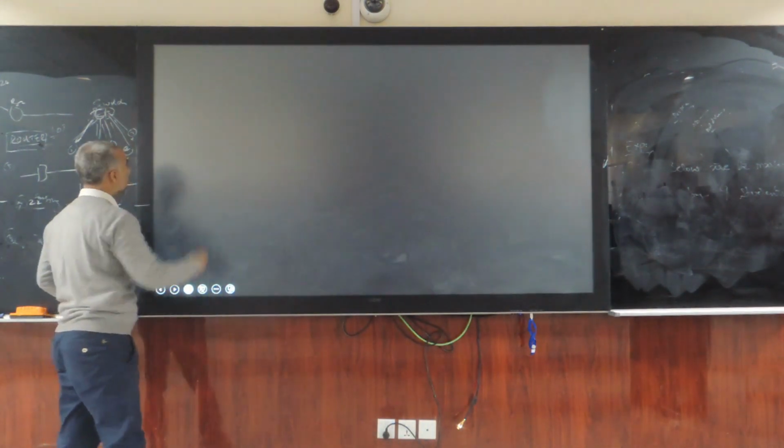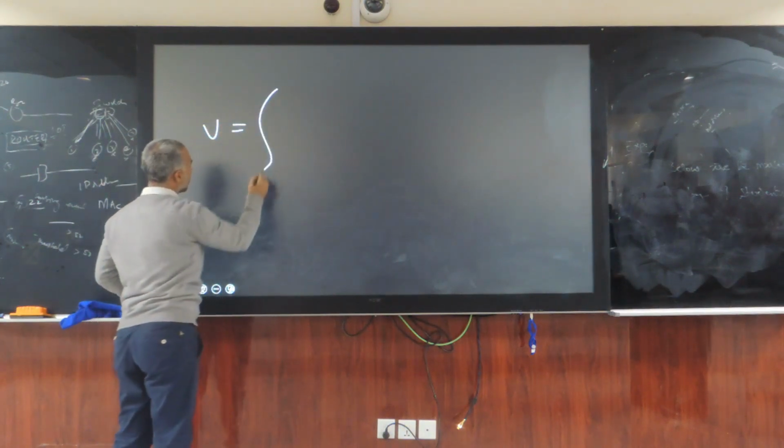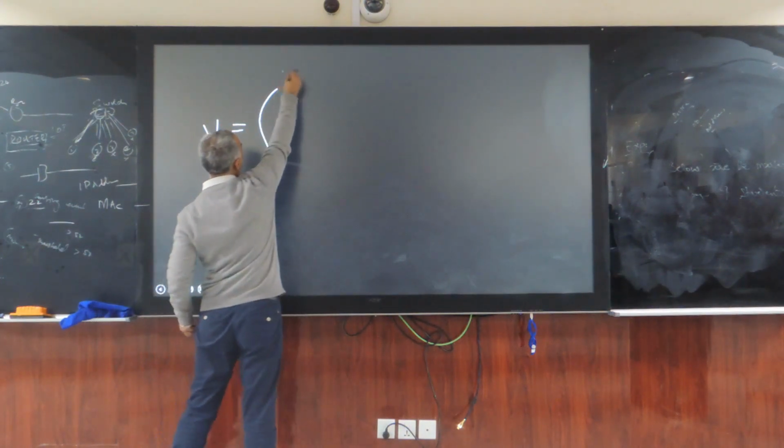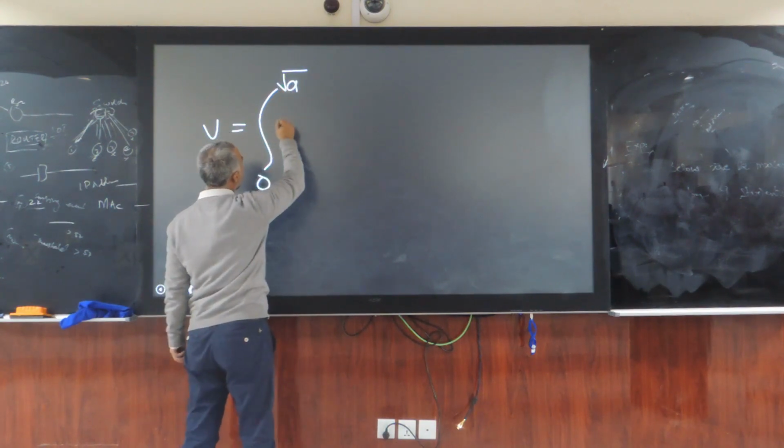So we will have the volume from 0 to square root a, and here we have 2 pi